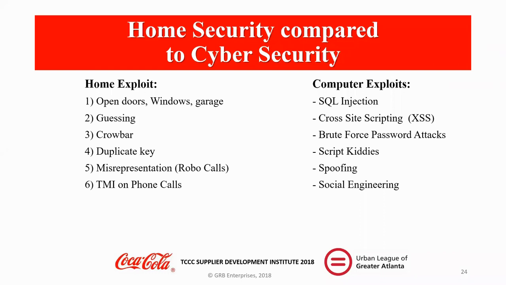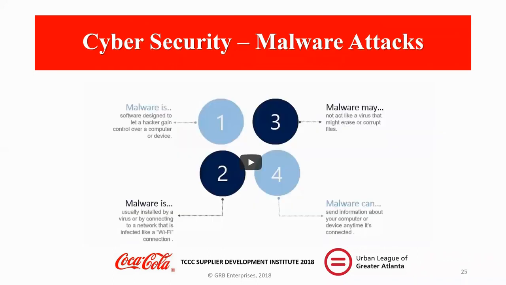TMI on phone calls. If you or someone in your household gives out too much information, the social engineers are going to use that to exploit and find a way to get into your house. Usually kids will do this, sometimes inadvertently, if you haven't briefed them. Social engineering, I already explained on the computer end: people pretending to be somebody they're not, trying to get access